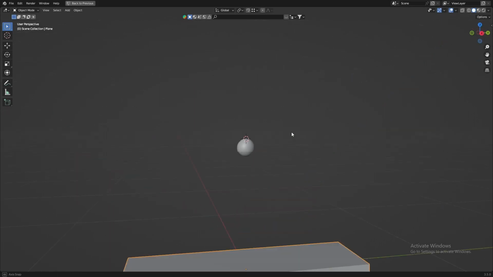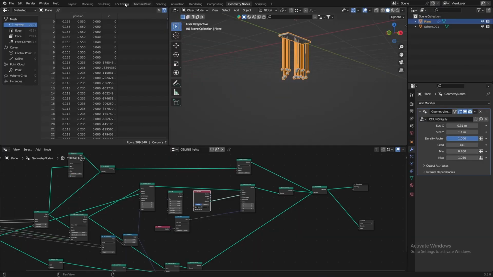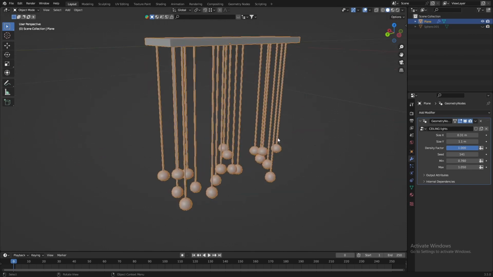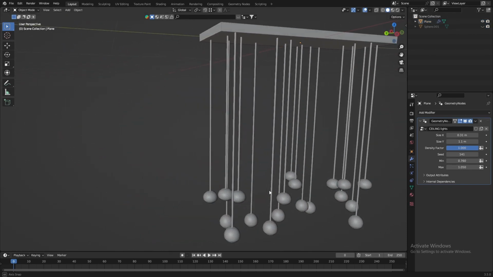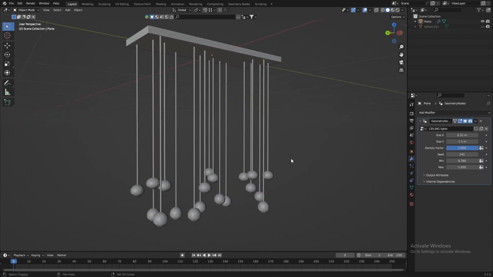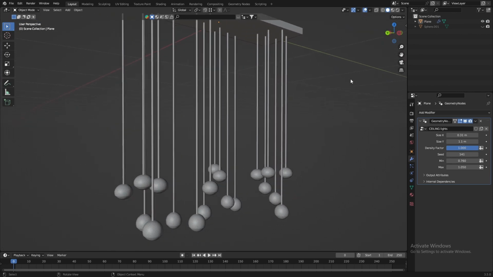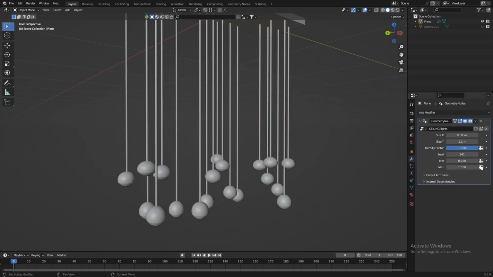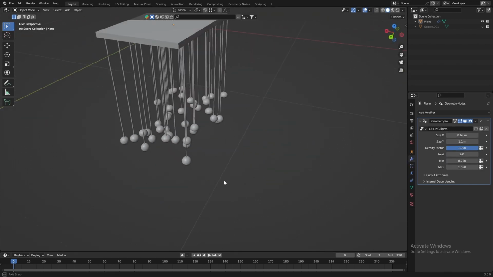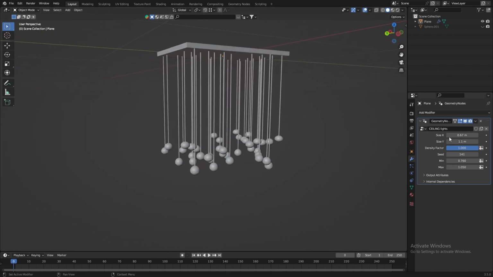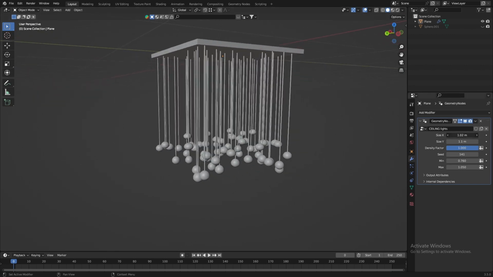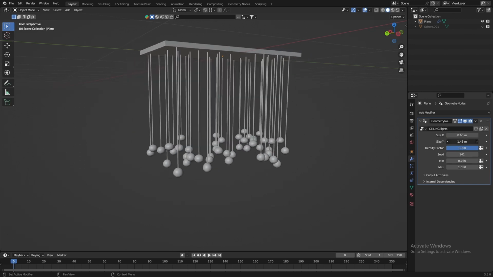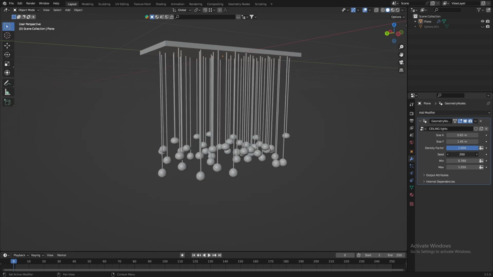Afterwards, what you can do is just go to the layout. I'm just going to hide this, and now we have like a good ceiling light. I'm not going to texture it and all, because it's already, I guess, too long. I'm just going to show you how this is working. You can do this. You can randomize the height to the seed value,